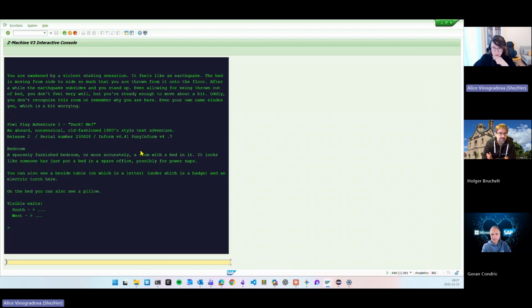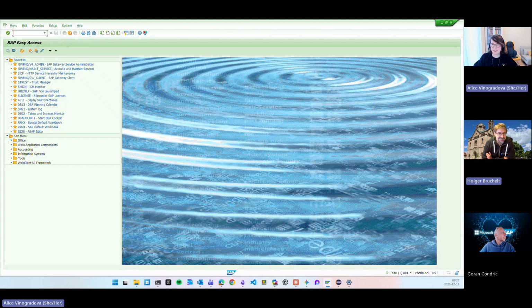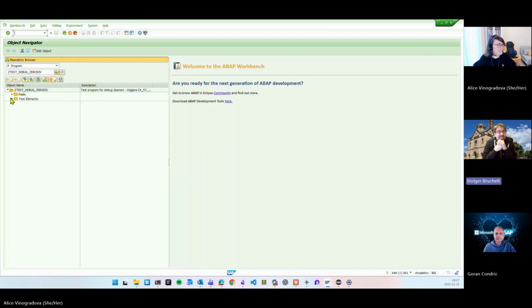So you can probably play many games that were created for that machine. So this is another one. Nice. Yeah, so it is really running in the SAP GUI now. This is amazing, and I'm sure there are a lot of SAP ABAP developers that will now stop developing and start playing Zork, but I think